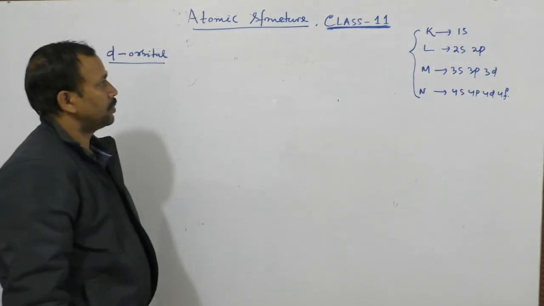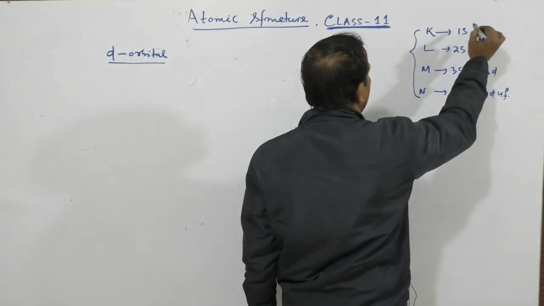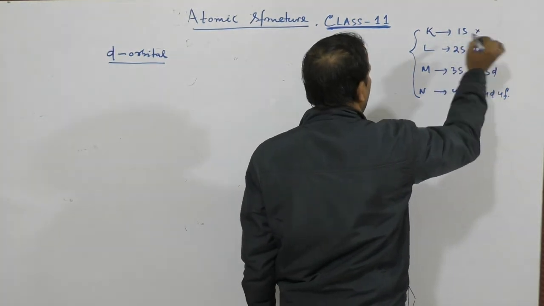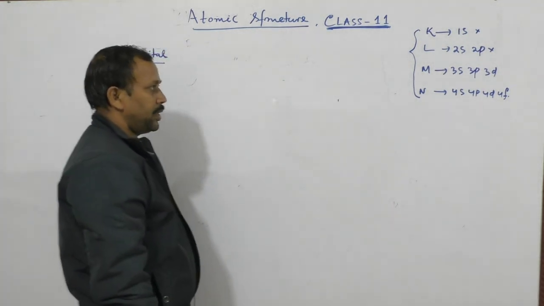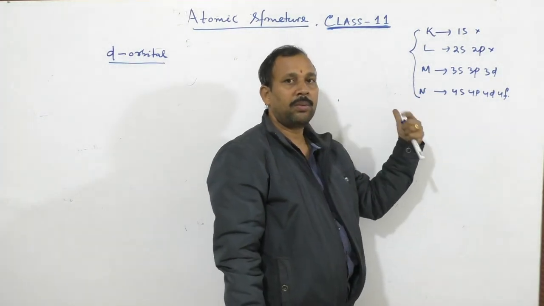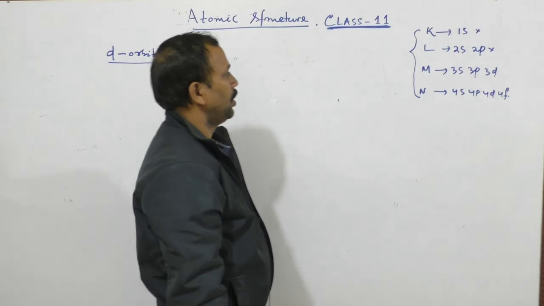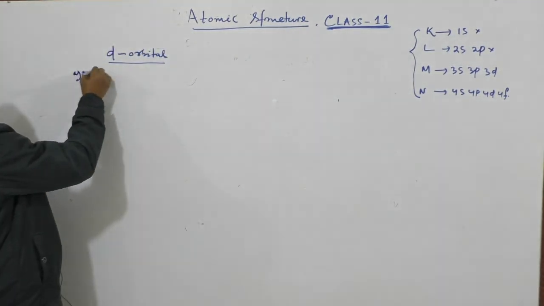Now in the K cell no d orbitals are present. Also in the L cell no d orbital is present, but d orbital will be present from the M cell up to higher cells. Now first point, there will be